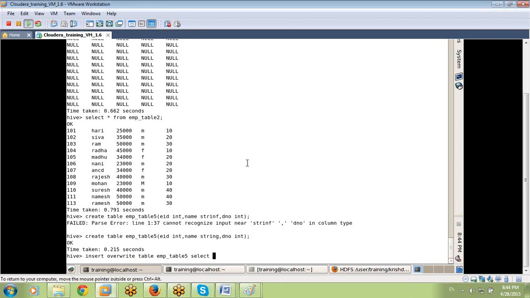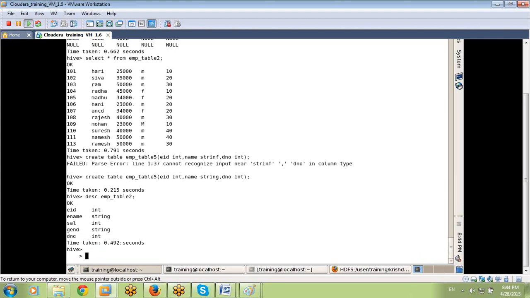Mention columns means what columns? If you want 3 columns, the first column is integer, so select EID. The second column is string. Okay, let's take ename. What are the column names of table 2? The same column names we want to mention here. I don't know the column names. Describe table 2. These are the column names.